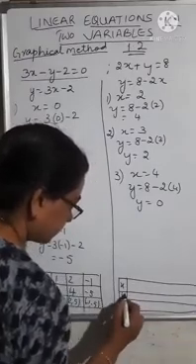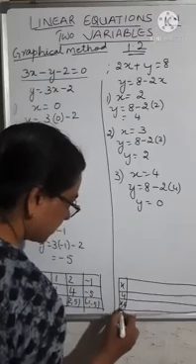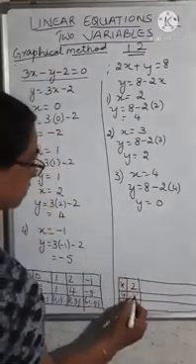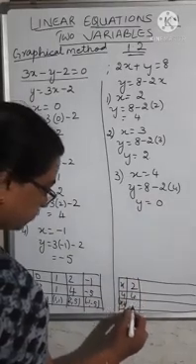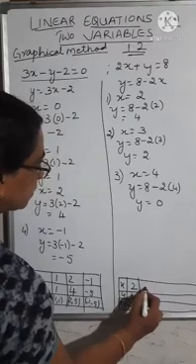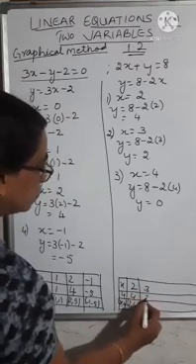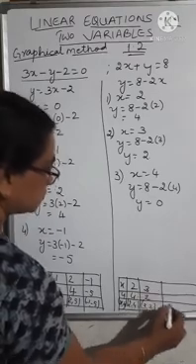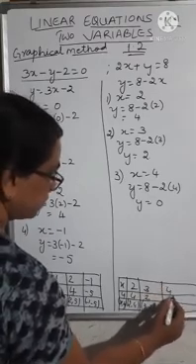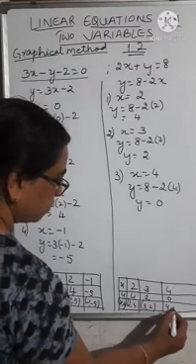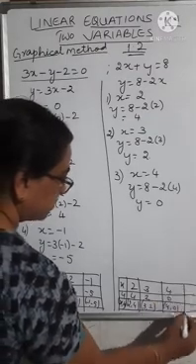So you have x, y and coordinate (x, y). The first value you have got is x is 2 and y is 4, so 2 comma 4 you have to write. The next one, x you have taken 3, y is 2, so you get 3 comma 2. Then the next one, you have taken x as 4 and y you got 0, the coordinate form is 4 comma 0. So like this, prepare the table.